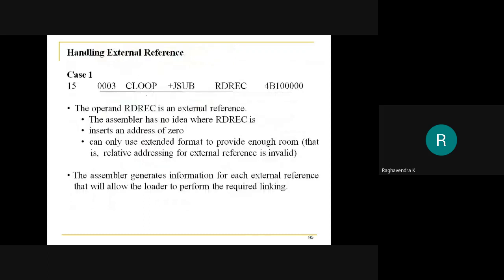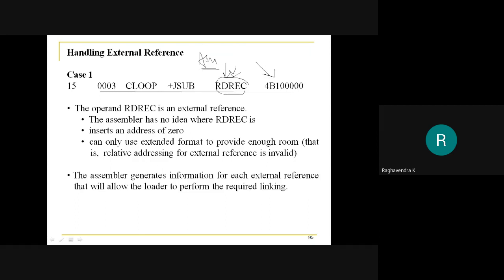How does the assembler handle this? If the read record value was given, it would be easy for the assembler to assemble the instruction. But the read record value is not known, because it will be loaded at runtime, and at runtime it can be assigned any value. So at assembly time, we do not know that information.